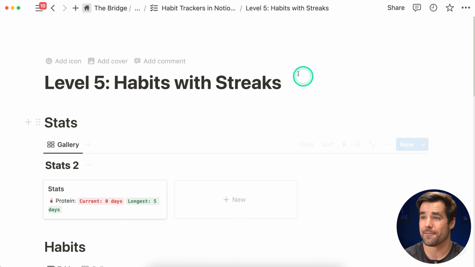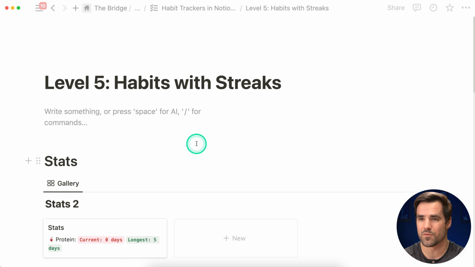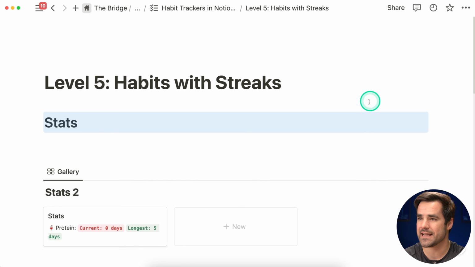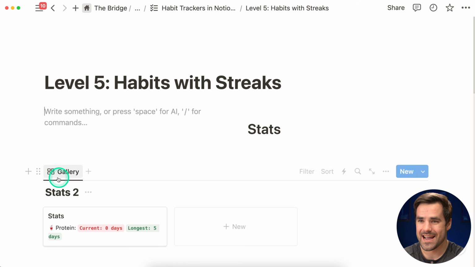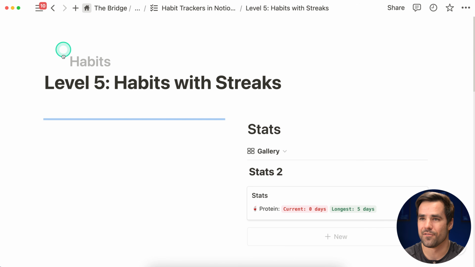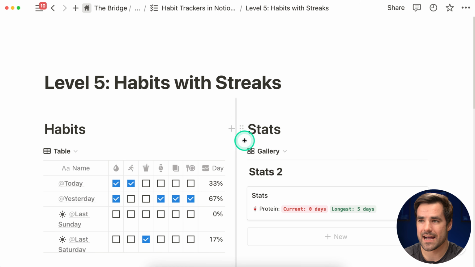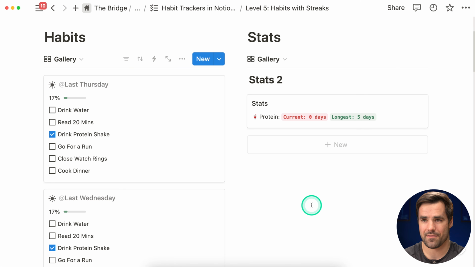Okay, so to finish this off for realsies, I'm going to come down here and I'm going to create my 2 columns one more time. We will go ahead and add our stats column over here, if I can find the actual column. And then we're going to add our habits over to the left side, just like we had them before. Get rid of this blank line right here. We're going to change over to our gallery view. And that, my friends,